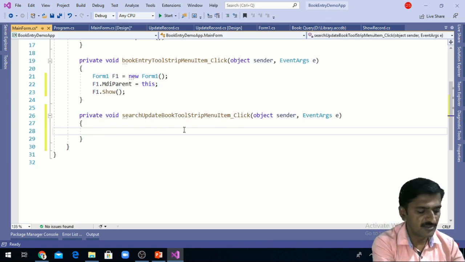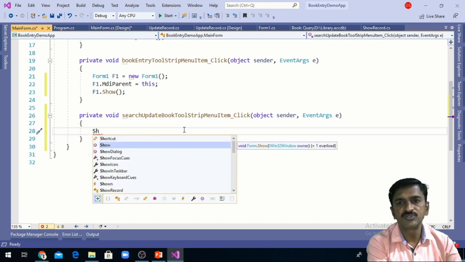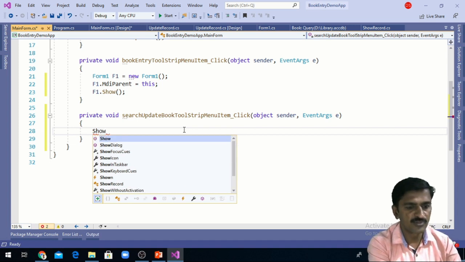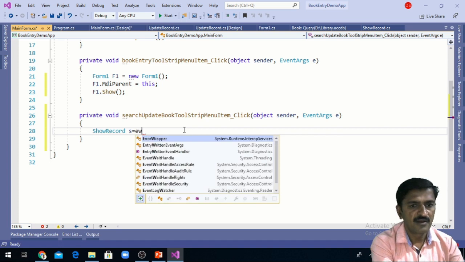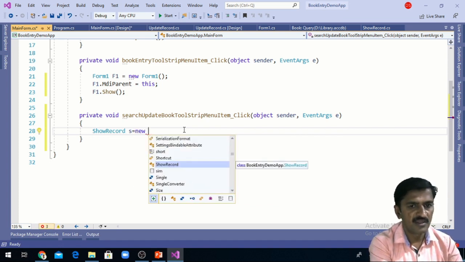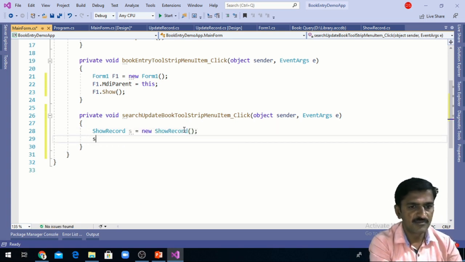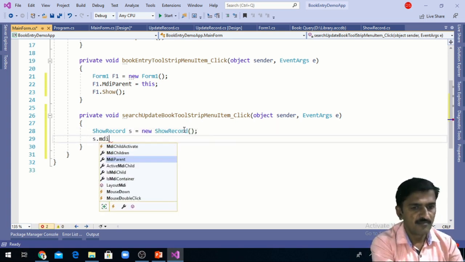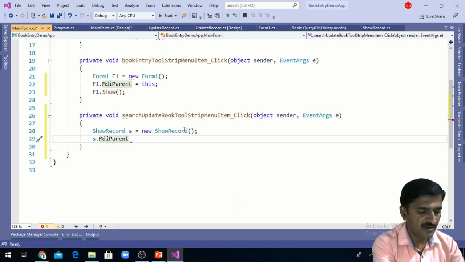To the second menu option, I want to open the show record form. So for that I'm going to create the object of the show record form. I'm creating the object here as ys, and I'm initializing the object. Then I'm specifying ys.MdiParent is equal to this.